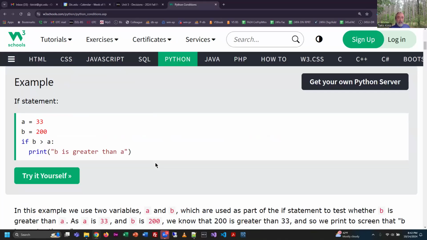So here's an example. It looks kind of like our Kahoot. Now you guys know where I borrowed it from, right? We have a variable holding 33 in letter A, and B is holding 200. And notice here, a single equal sign, so this is a value being stored in the variable called A. Then we get down to the if statement. We use the keyword if, and then we say, if B is greater than A, which it is, that's true,